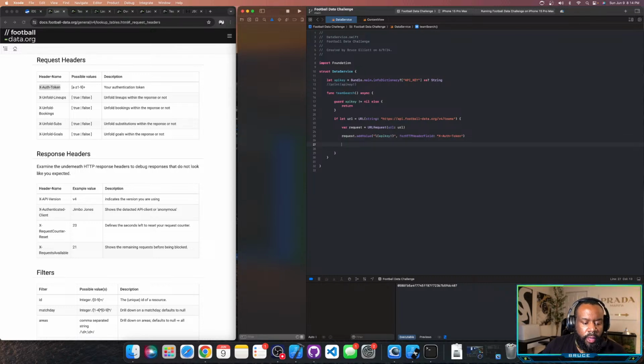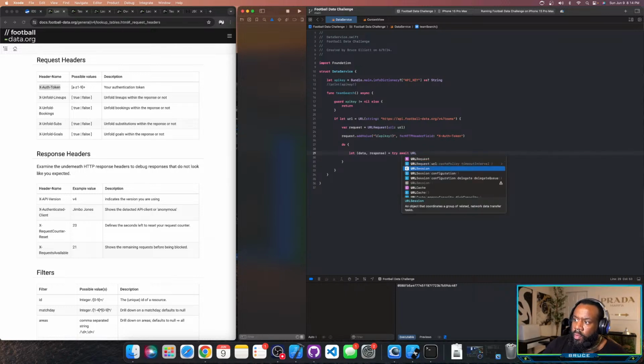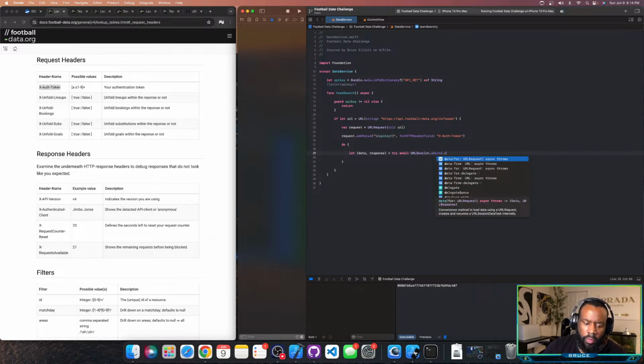So now we need to send the request. So this is where the do catch comes in. Do. Set our tuple up. Data, and it's for